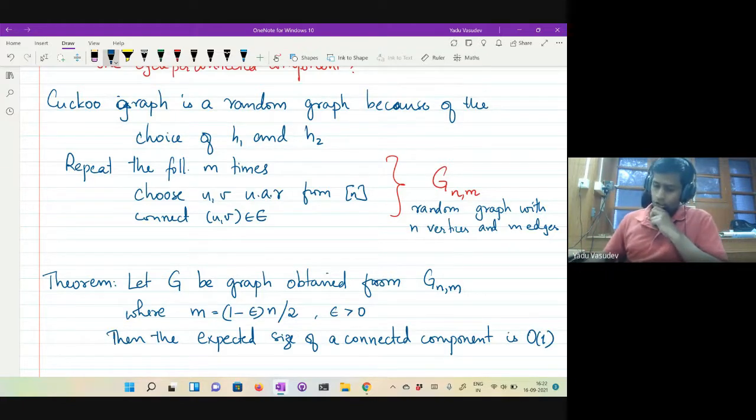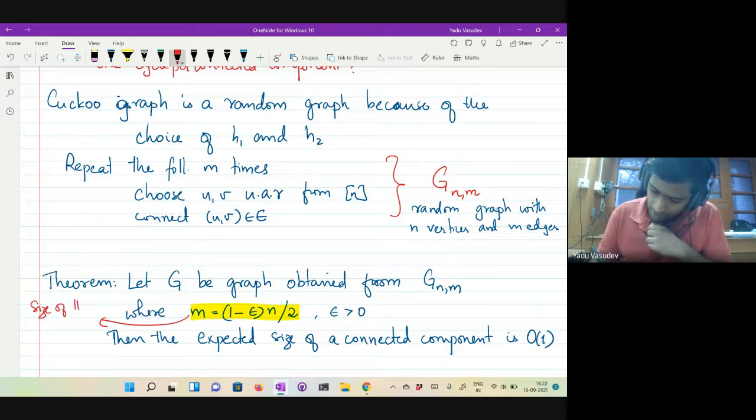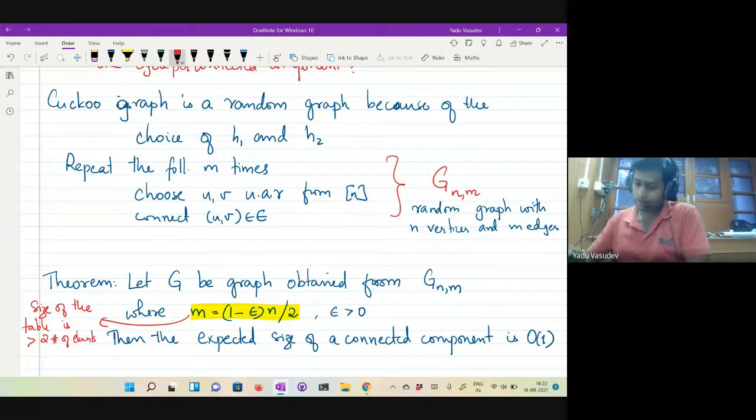Okay. So what this is saying is that the size of the table is greater than 2 times the number of elements, right?